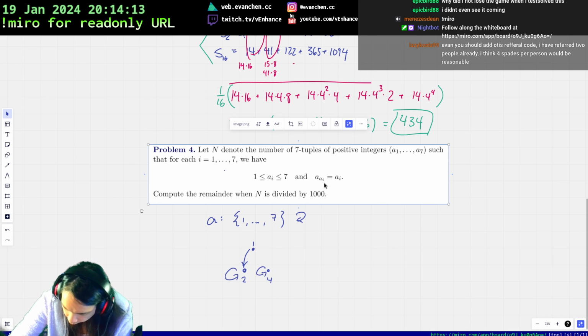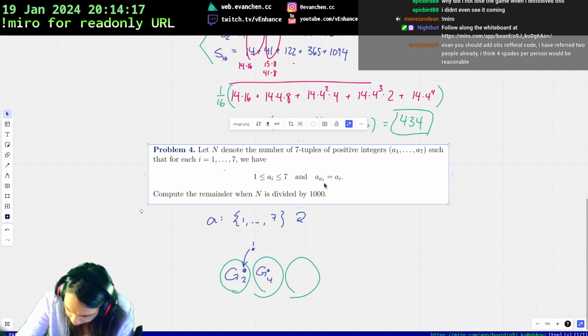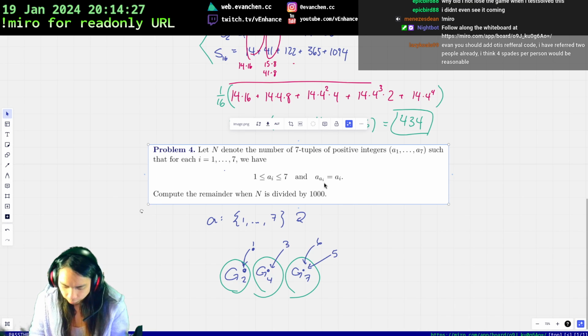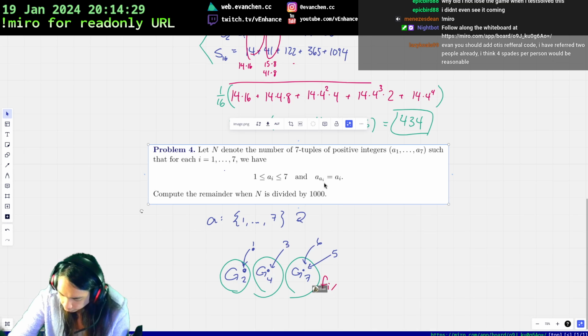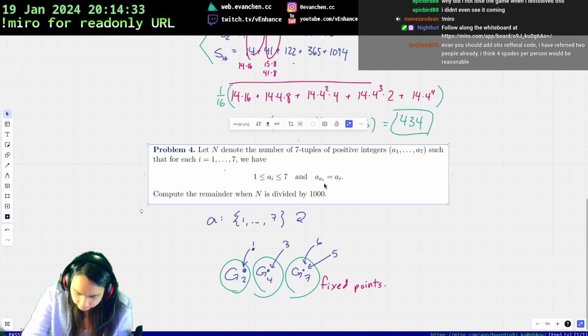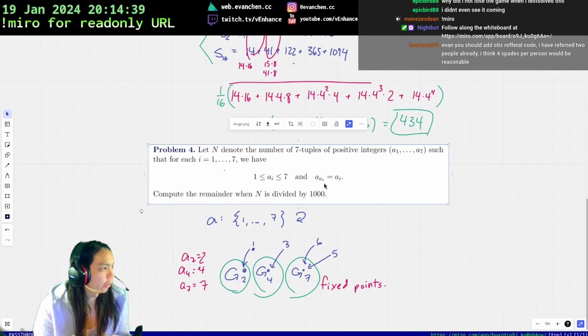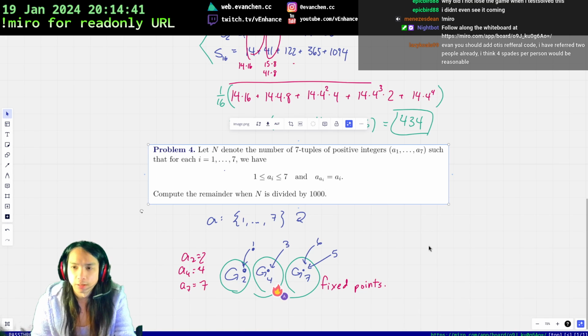Everything loops to itself. And let me put 3 sinks. So the classification is basically that some indices I, which we'll call fixed points, have the property that a sub I equals I. So this is a picture where a2 equals 2, a4 equals 4, a7 equals 7. And once you decide on the set of fixed points,